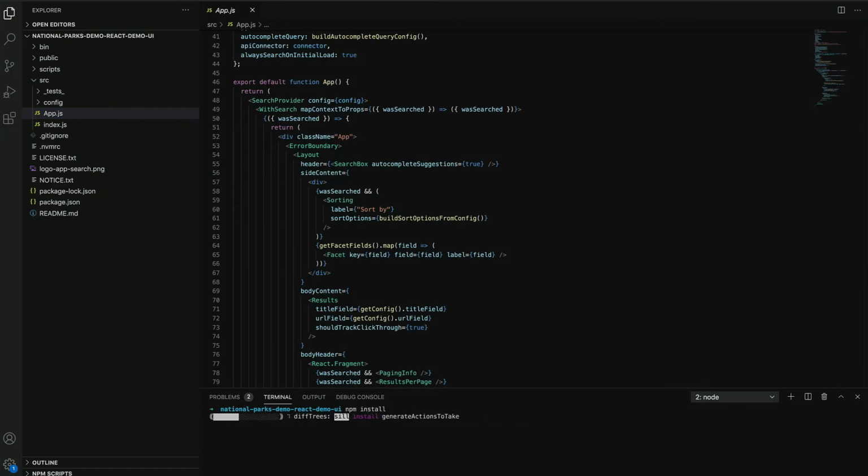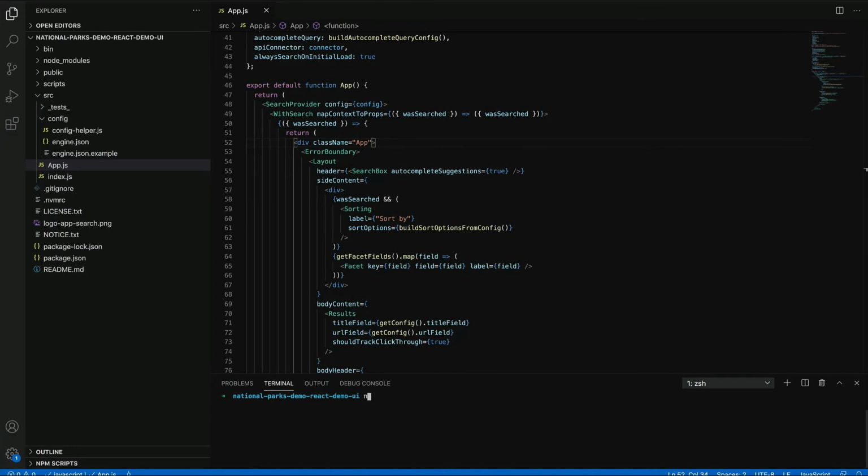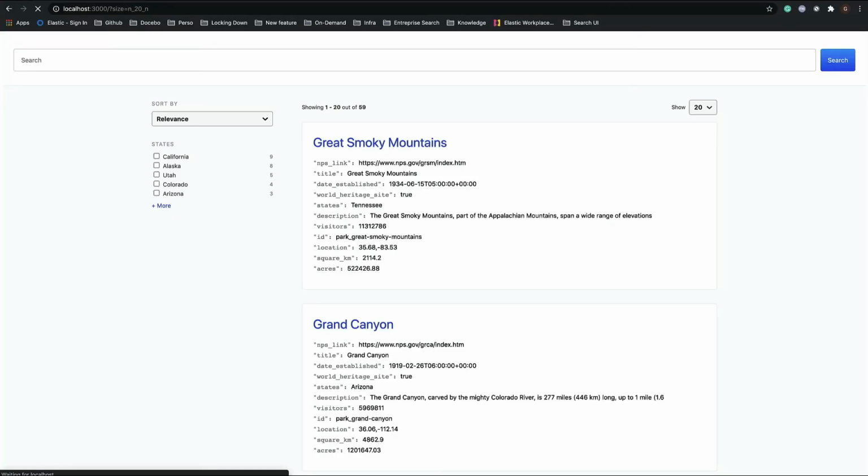has been extracted. After a few seconds, your project will be ready. Just run npm start. And voila, you now have the same search interface running locally, and you can easily customize